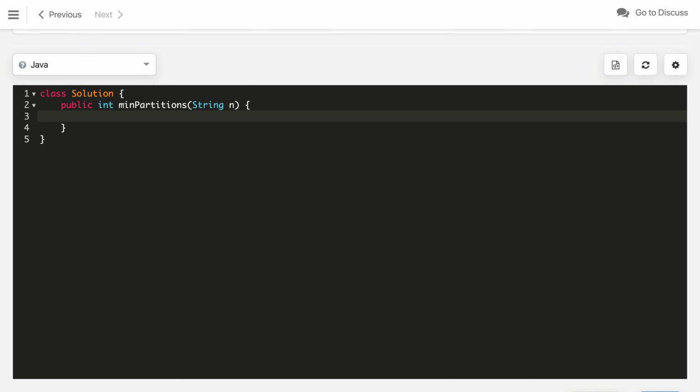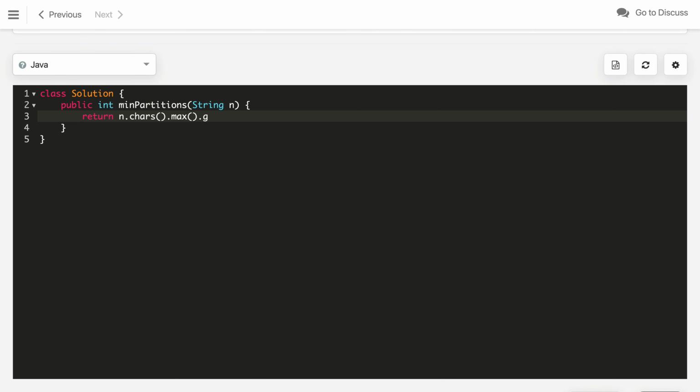First of all, we start writing return, and from n we create a stream of characters using the chars function that is in the String class. So we will get all the characters. Now we just get the maximum value of those characters. We have digits 0 to 9 and we get the maximum ASCII value first of all.